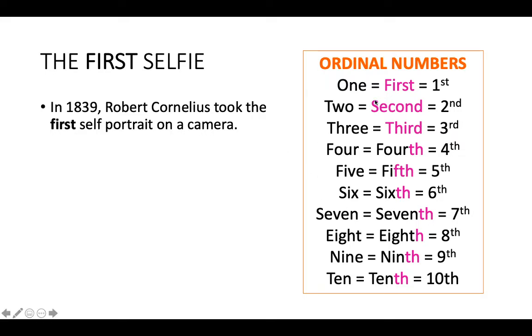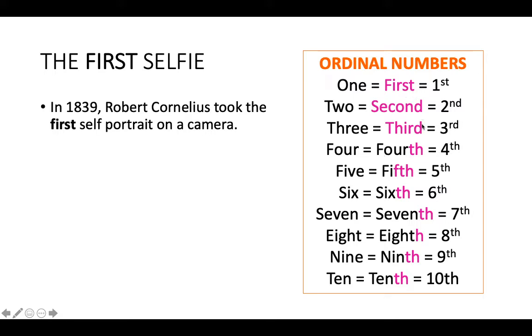Now here's a little bit of an English tip as well. So as you can see here, the word first. These are called ordinal numbers, as in how you order them. So 1 is first, and it's written as first. 2 is second. 3 is third. 4 is fourth, and so on. I'll give you a few seconds to look at this.